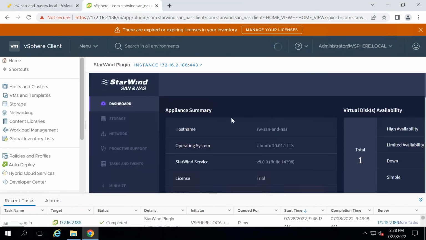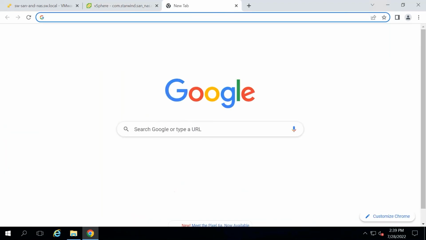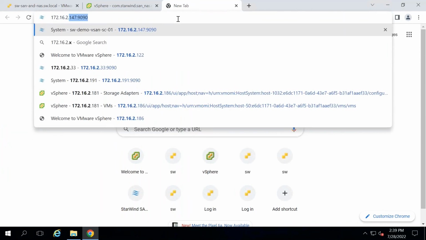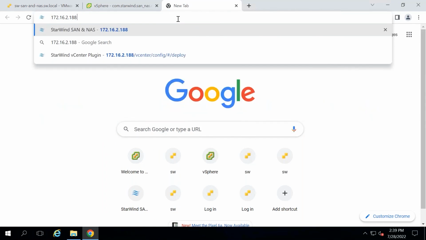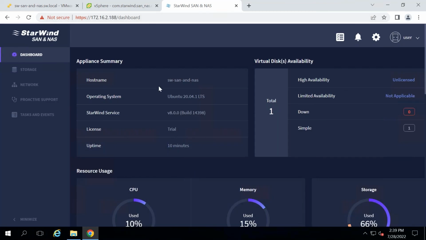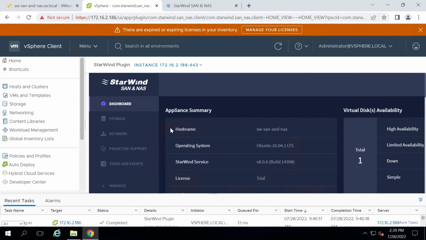So the vCenter plugin is loaded, and what we have here is pretty much the full management of the StarWind SAN NAS. Now, if we would go the traditional way, you would hit the web user interface. And you can see these are identical. Now, let's proceed further from the